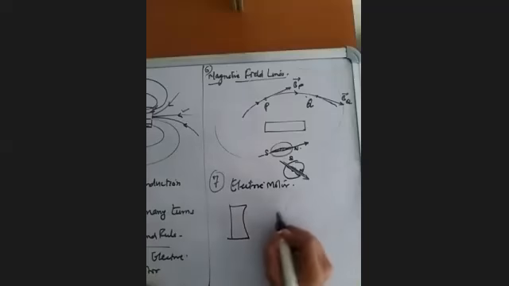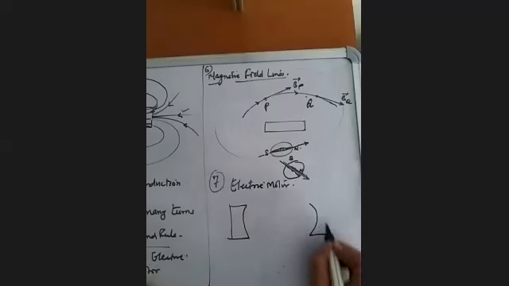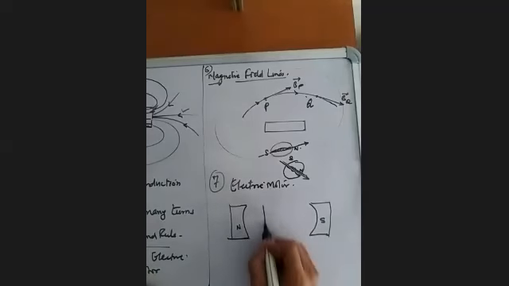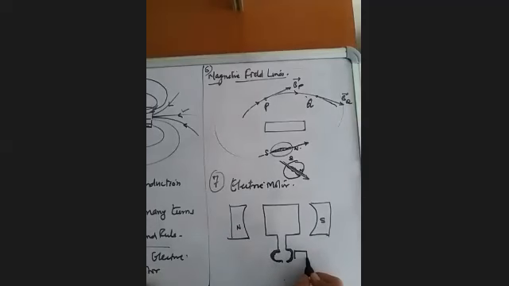So these are the field magnets, north and south, which provide the magnetic field, and there's an armature in between the two field magnets. It is made up of insulated copper wire. It may be one turn, it may be many turns. And this armature is connected to two split rings like this. So show a good size of the ring. Some of you have shown very small rings and it is not understood clearly. So these are two rings and the rings are attached to these carbon brushes, or just brushes.